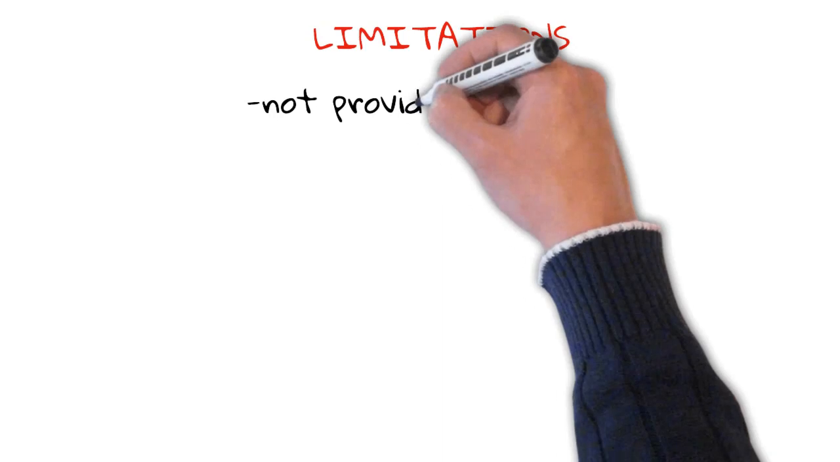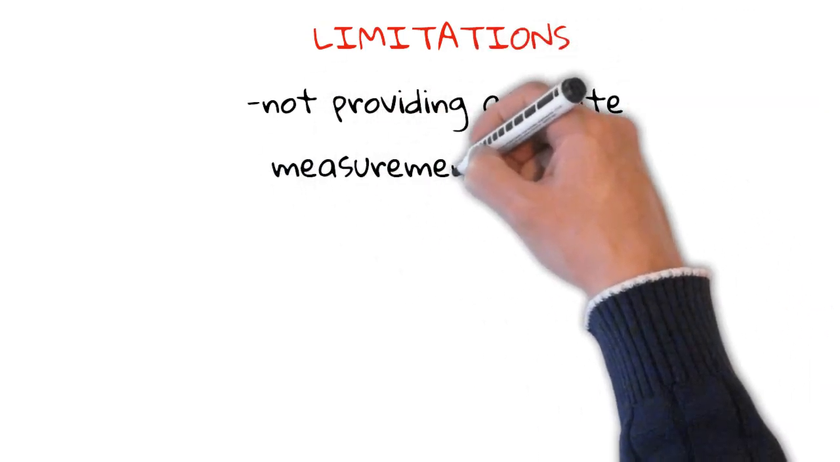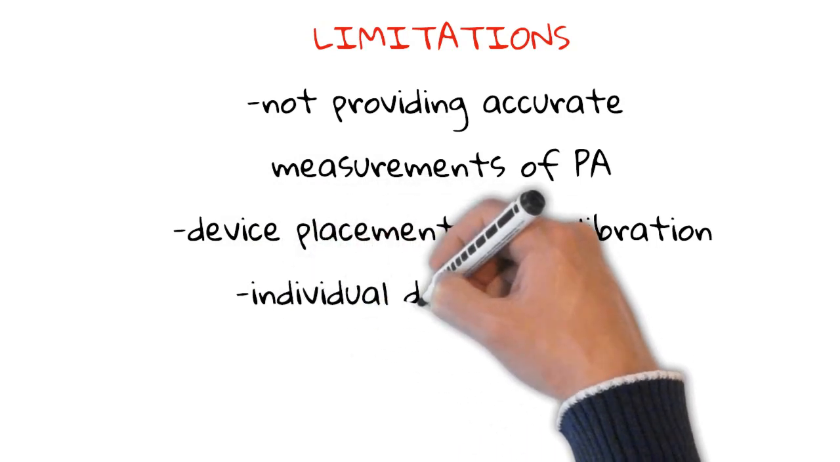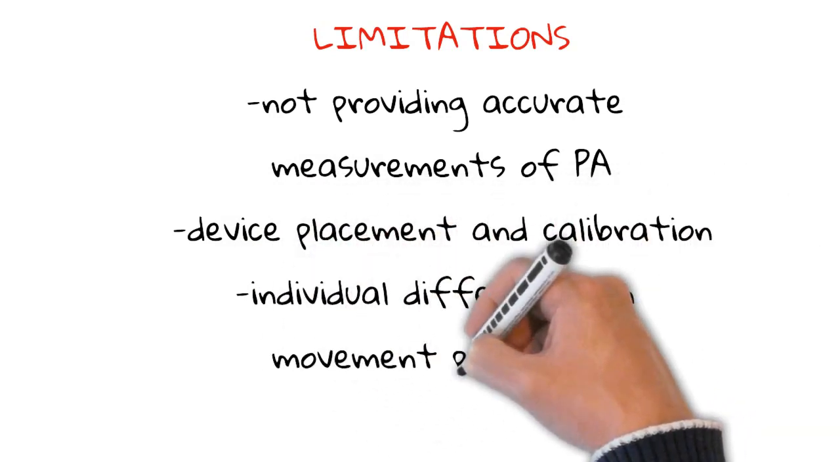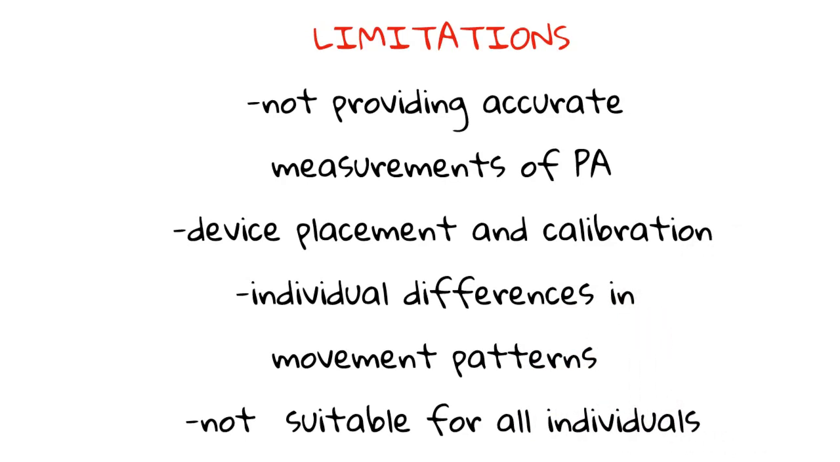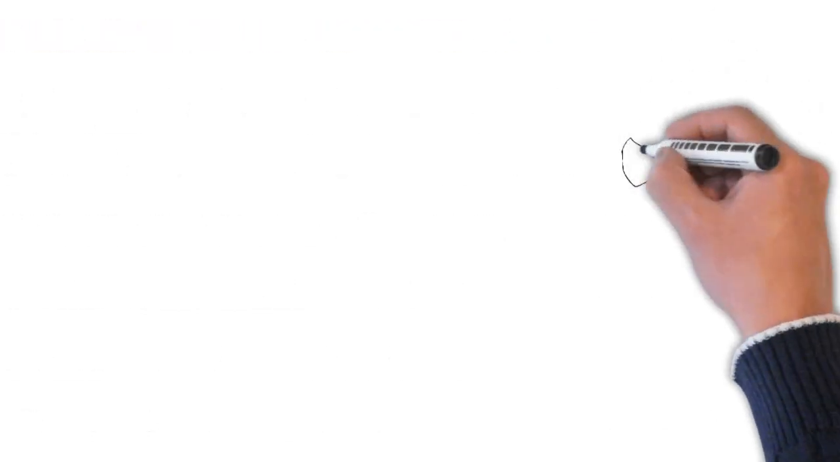goals. However, it's important to note that movement bracelets are not perfect and may not provide completely accurate measurements of physical activity. Factors such as device placement, device calibration, and individual differences in movement patterns can all affect the accuracy of the measurements. Additionally, movement bracelets may not be suitable for all individuals, particularly those with certain health conditions or